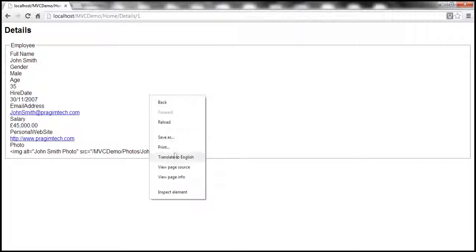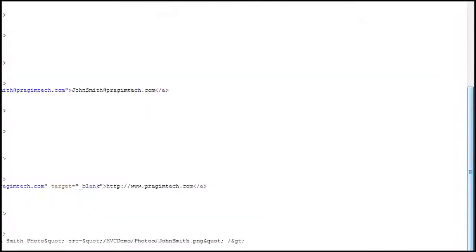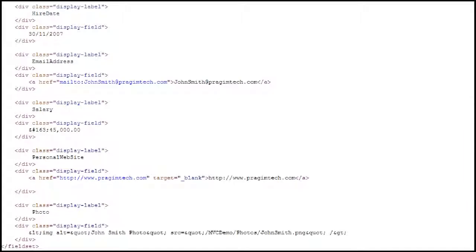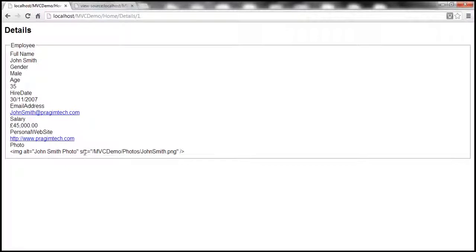So if I right click on that and view the page source, and then if we navigate all the way down, notice that we have this HTML encoded, that less than symbol with ampersand LT semicolon, greater than symbol with ampersand GT semicolon, and then this double quote with ampersand QOT semicolon, and then this is the closing double quote, which is again encoded to ampersand QOT semicolon. So here the HTML is encoded, but we don't want the automatic HTML encoding to happen,